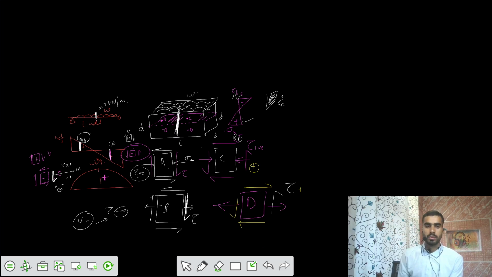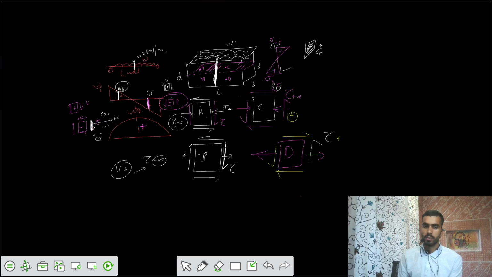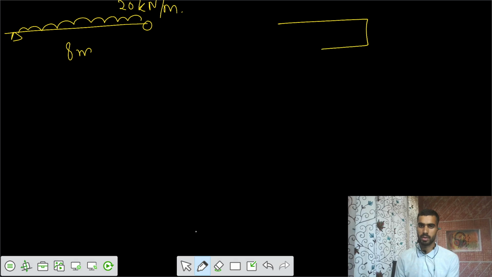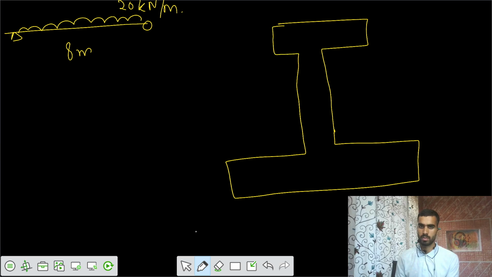Now you take that problem. Let's call it an unsymmetrical I section. So you have a simply supported beam, 8 meter simply supported beam, and a UDL of 20 kilonewton per meter. And the cross section of the beam is in this fashion. So upper top is equal to 60, and bottom side we have 120, and the depth of those flanges is equal to 20,